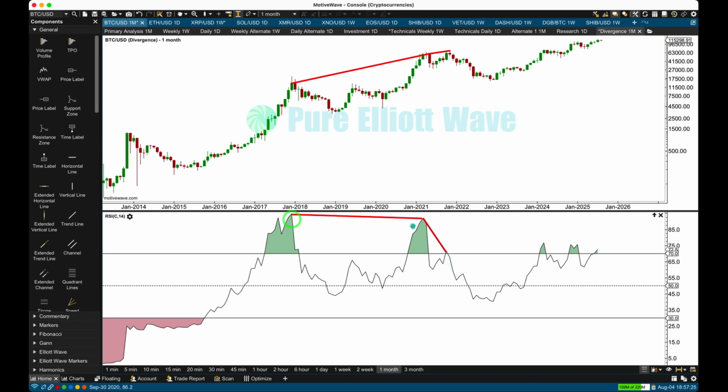But these two pivots, if you'd taken it from here to here, you would have missed out on this final piece back here. What about divergence between March 2021 and March 2024? I think these pivots are too far apart to be really a good predictor of what's going to happen next. It was followed by a reasonable bearish movement. It didn't last that long, and it wasn't as deep as previous bearish movements,